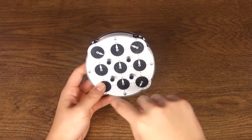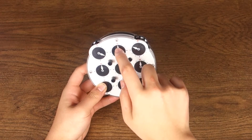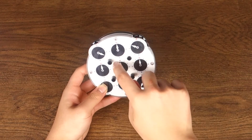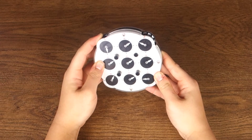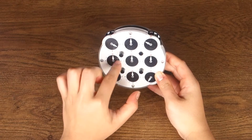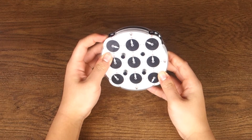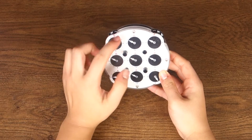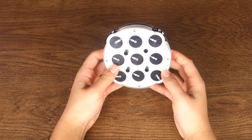You can pick any pin on the side and just put it down. And now we're going to try to move all these clocks, because now if you move the dial, it's going to move all of them except for this one, and we're going to just line it up. We're going to line the cross up to that dial that's with the pin that's down. So for example, this one, we're going to line that up just like this. So now you have the cross plus that dial, and then put that pin up,